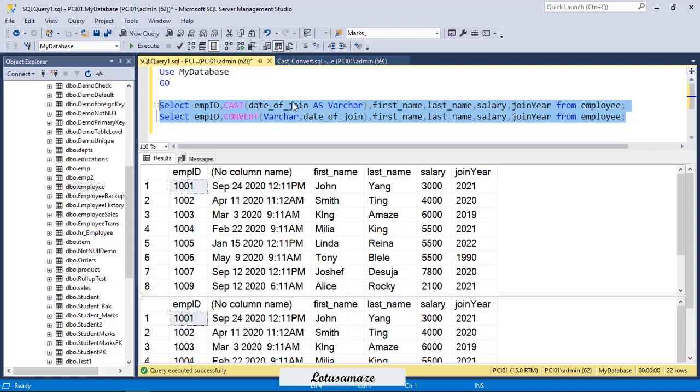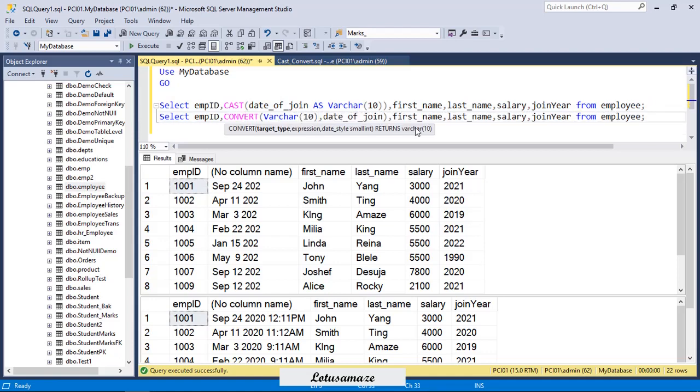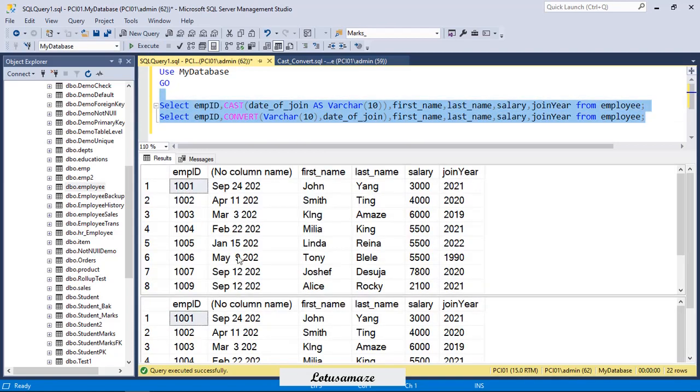And as we discussed, we can also define the length of the varchar. By default you can skip it, but if you want to define, say, 10, then in the first result we have only 10 characters. You can do the same thing in CONVERT, say varchar 10. If we check both results, both are the same.